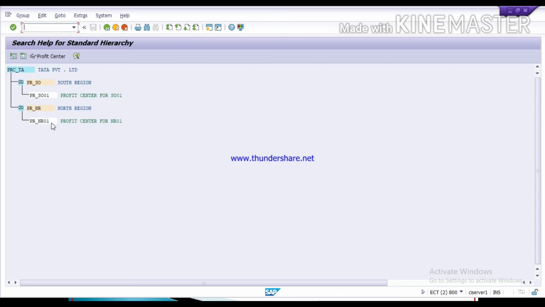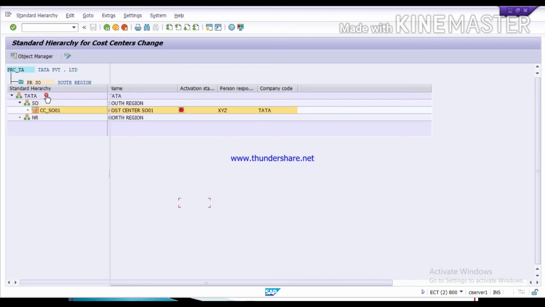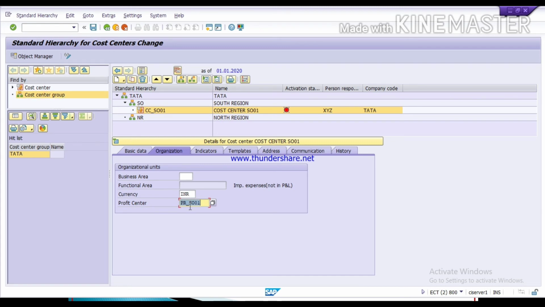So you have to do these things very carefully, for which cost center you are going to assign which profit center. We are creating this cost center for South region, so I am going to assign a profit center of South region. Double click on it and just assign it, and then click on save.